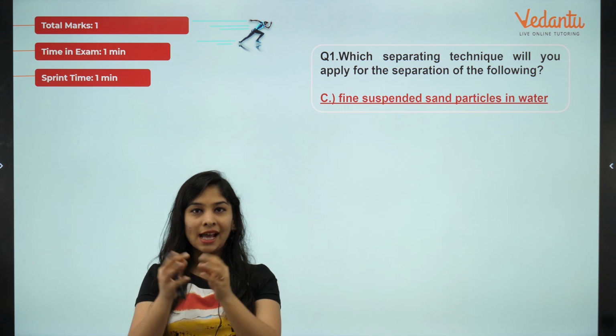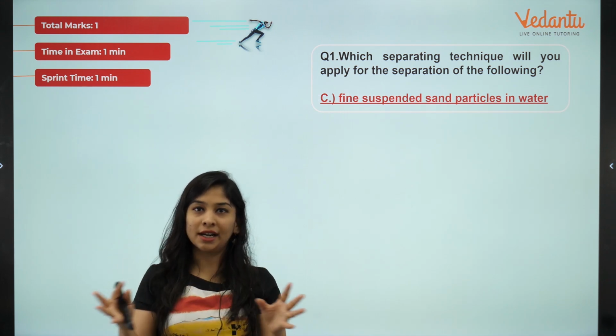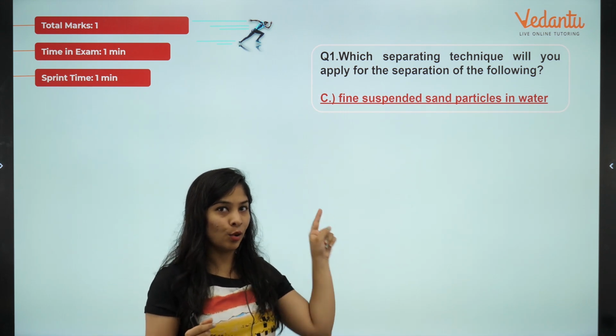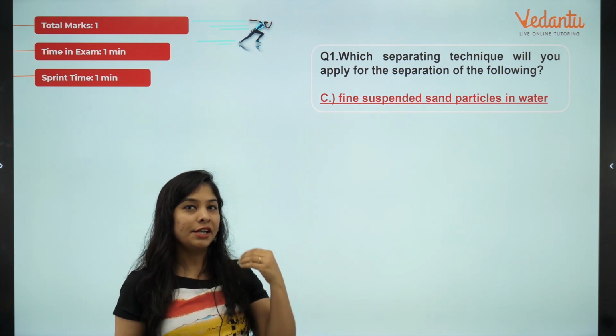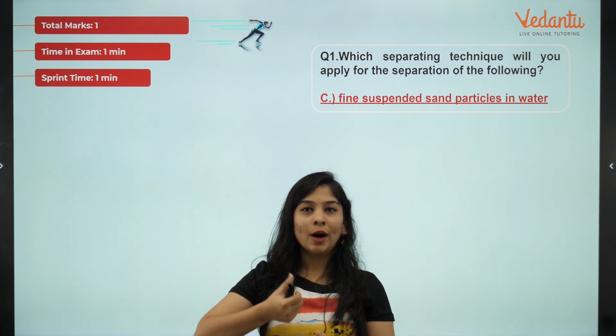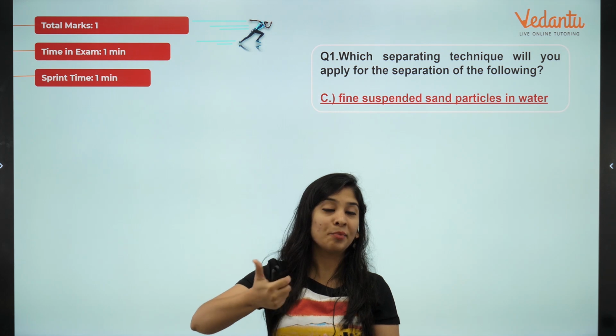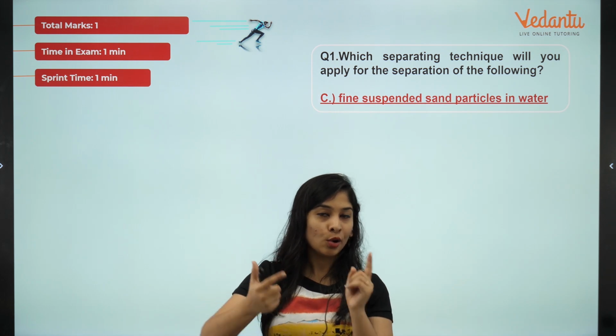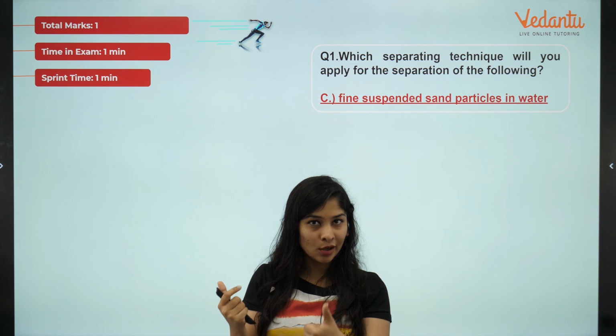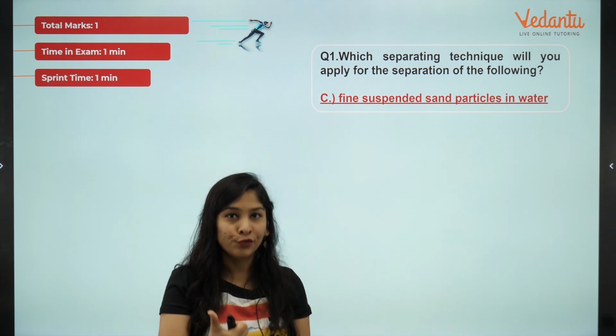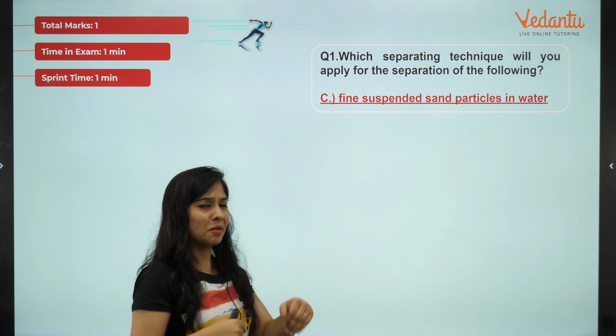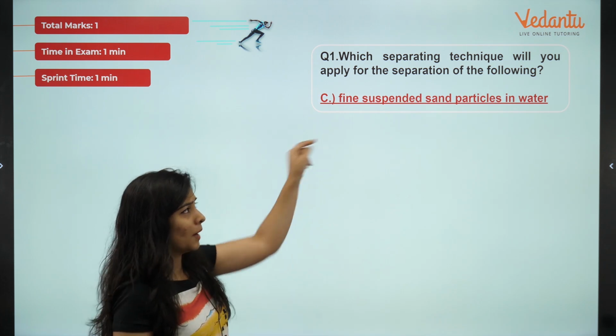We know that colloid has suspended particles. So this is fine. Now you know that's a colloidal mixture, and try to remember what process you can use as a separating technique for a colloid mixture. For colloids there is a particular technique known as centrifugation. Okay, and there are some other examples the examiner can give you apart from this.